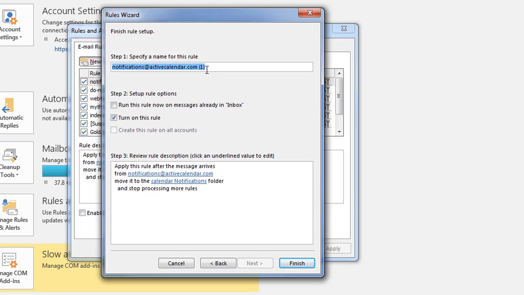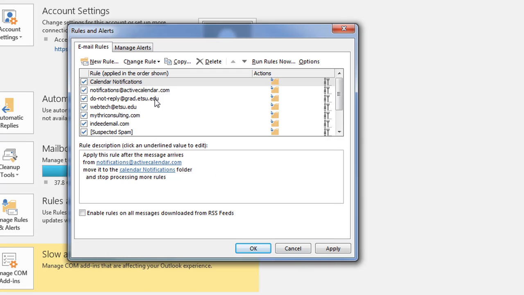Here we're going to decide on the name for this rule. You can leave it whatever the default is, or you can come back and rename this to say calendar notifications, whatever you want to call it. If you have some messages already in your inbox that you want to move, you can check that box. You can just review this and hit Finish. Now you should see this rule applied in your list of rules and alerts, and you'll just hit Apply